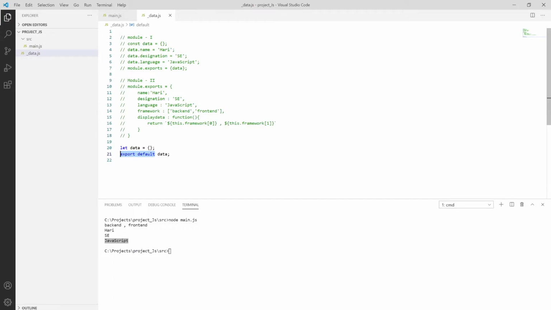Let me create one more variable so you can easily understand. Let me put some data over here.